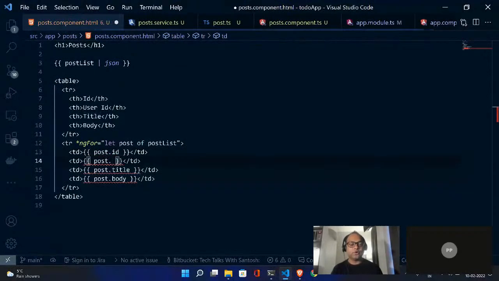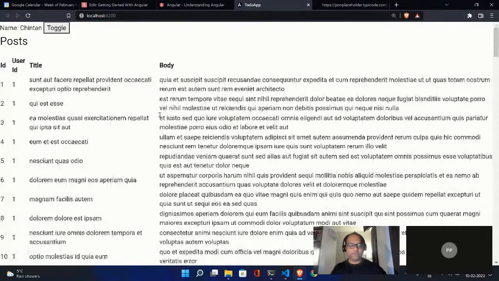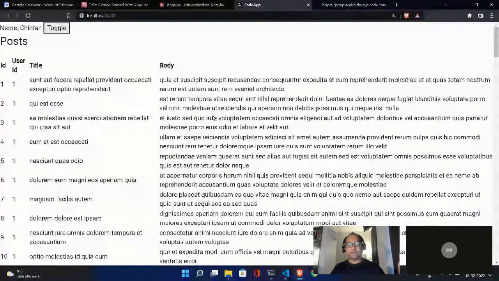It will let you know all the properties you have, so you cannot go wrong. And let me just remove this post list. And we have our first table, or first information, which is being fetched from an API. And now we are able to display that value inside a table.